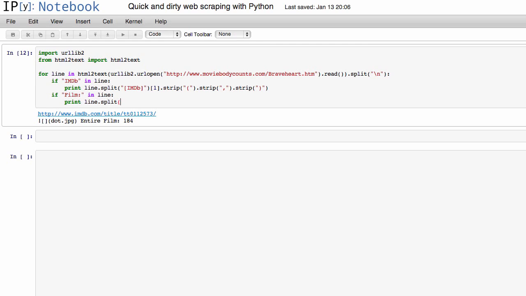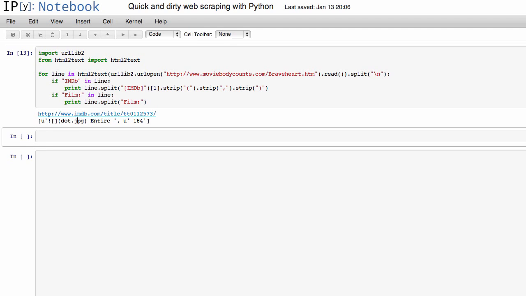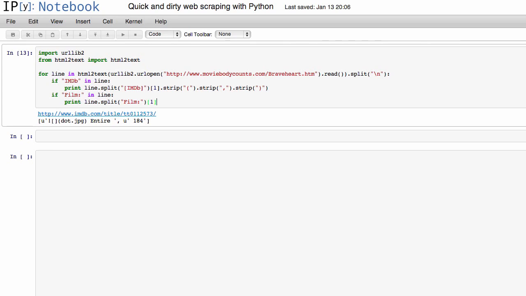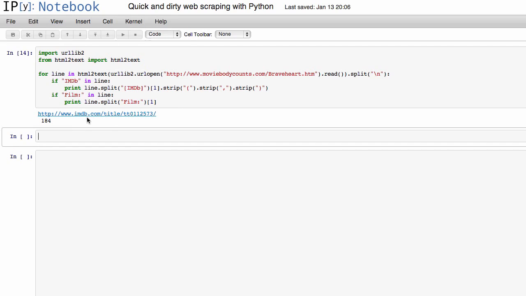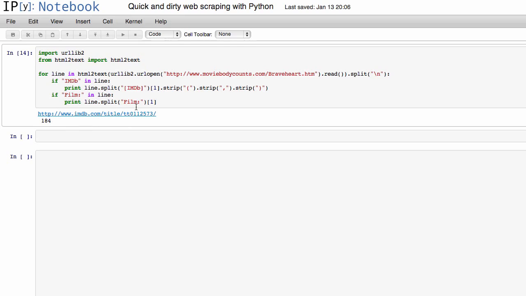So again, we just have to do some quick cleanup where we can split the line on film again, and you see that splits it into 2 items. We want the first one, and there you go. Now we've scraped off of that entire page programmatically both the kill count and the IMDb link. And the nice part about doing this in code is that now if we want to go and do